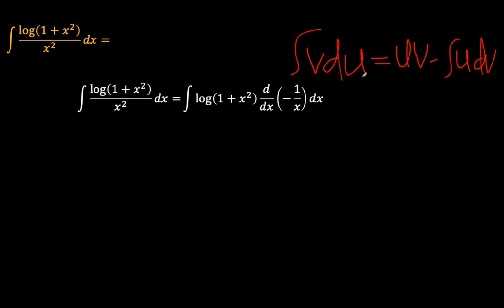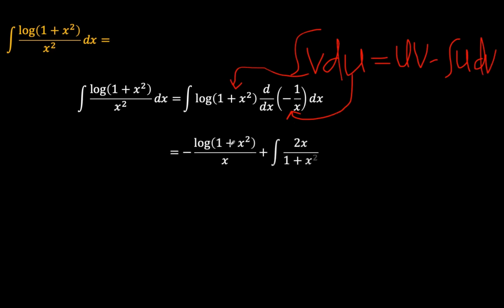So here our V is natural logarithm of 1 plus x squared, and our capital U is negative 1 over x. So in other words, our UV is going to be negative natural logarithm 1 plus x squared over x,